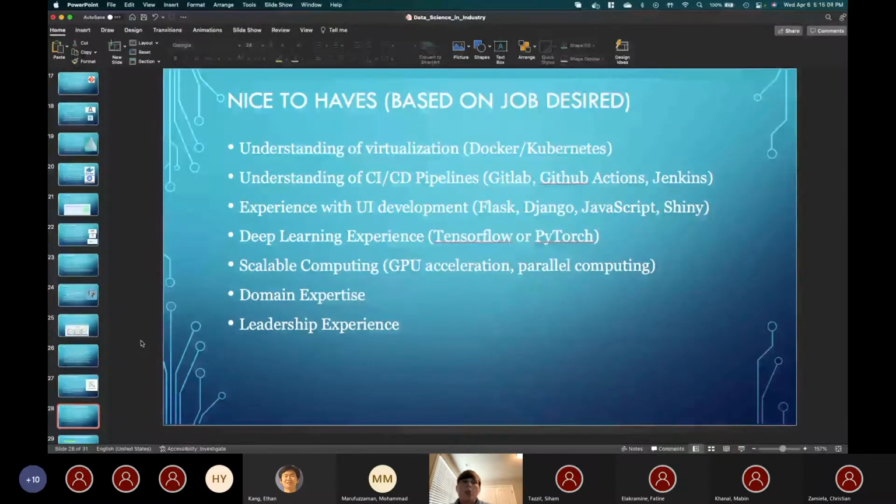And I will say, with all of this, these are obviously the nice to haves, and my recommendations are based on my experience. So you may experience something completely different. Data science is a very wide field with a lot of opportunity in it. So take it with a grain of salt, but I do believe that, at least for the recommendations, those are ones that I would definitely push for if I could go back and do it again.